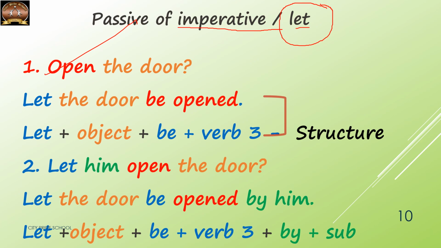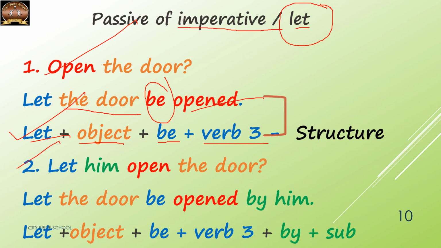Now, of course, the swapping of subject and object has to be done. So the door will become the subject in the passive voice. And let the door be opened. Be is an additional word that we've added, and opened is the V3 form of the verb. So what is the structure? Let plus the object of the active voice, plus be plus the V3 form of the verb. Okay. Second example